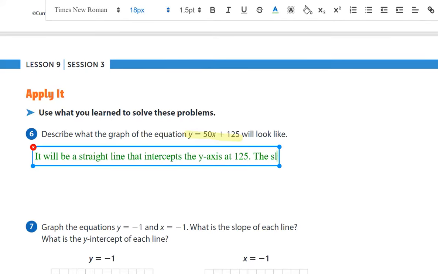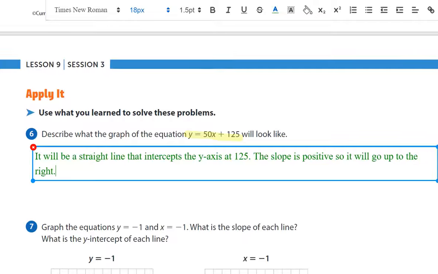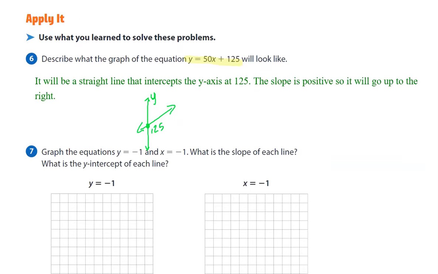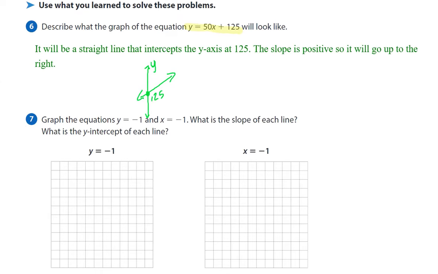The slope is positive, so it will go up to the right, like this. Ta-da, ta-da, ta-da. Look, here's the y-axis. And this spot is 125. It's beautiful. It's a work of art. You're welcome. Number 7, graph the equations